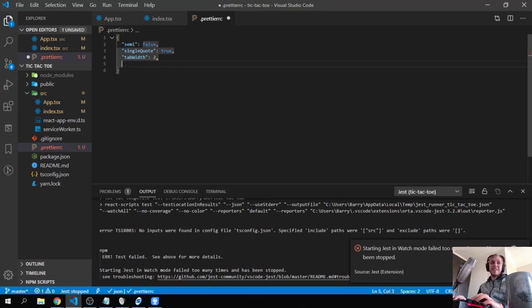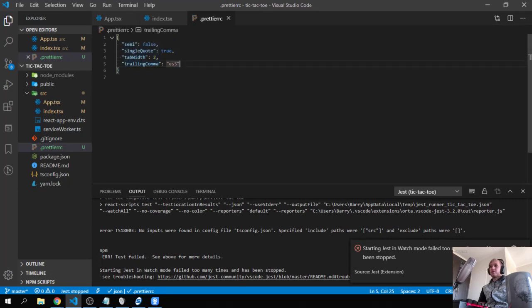And then finally trailing comma. This is a specific one. I'm going to call it es5. I think it's just a setting. I can't actually remember. It just keeps our commas consistent. So if you have a whole bunch of multi-line stuff, then like this example actually here where we have a comma, comma, comma. Obviously this is kind of a JSON file, so